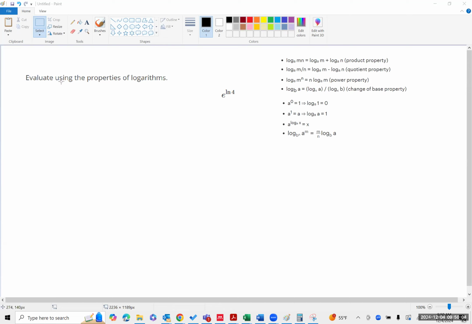Okay, so we want to evaluate using the properties of logarithms, except really what we have is an exponential expression, but I'm going to write it this way, and let's set that equal to some kind of variable. Whatever you choose is going to be fine. Let's use an m,